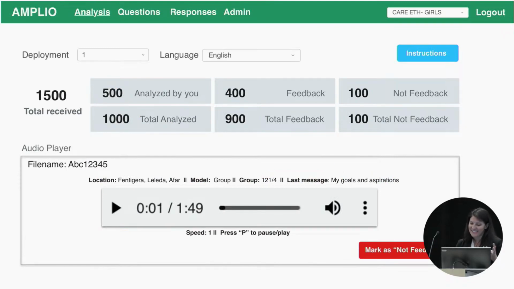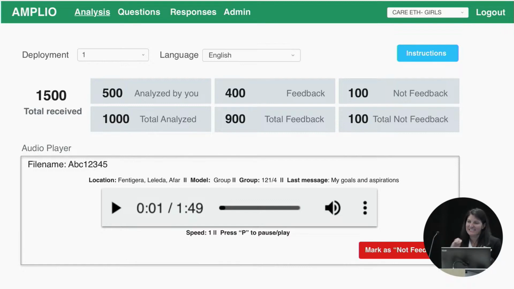You'll see that, first of all, it's a web-based application. So an analyst would open their computer, log in under their username and password, then have access to all of the user feedback recordings that were made within their project. And the top section here describes how many messages were received on the Talking Book for your program and how many have been analyzed and how many still have to be analyzed. So that's their count or their ticker that they can watch as they go through the messages.